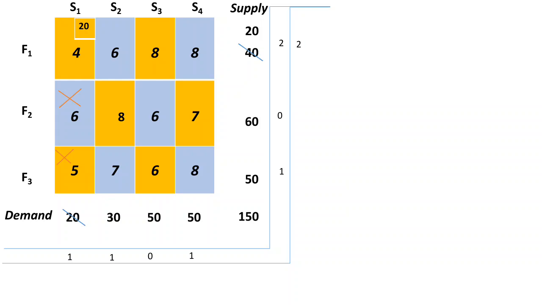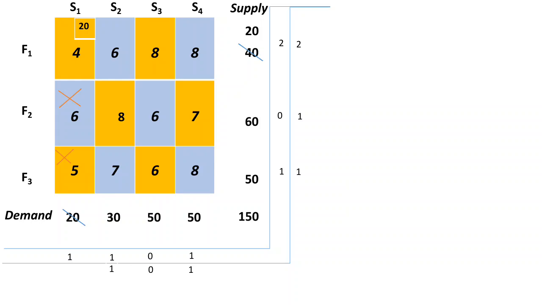So now for row 1 it is 2 again, 8 minus 6. For row 2 it is 1. For row 3 it is 1. For column 2 it is 1. For column 3 0. For column 4 1. Now again we have a max value 2 for row 1. So once again we allocate the value to the least cost block, and here it is 6.